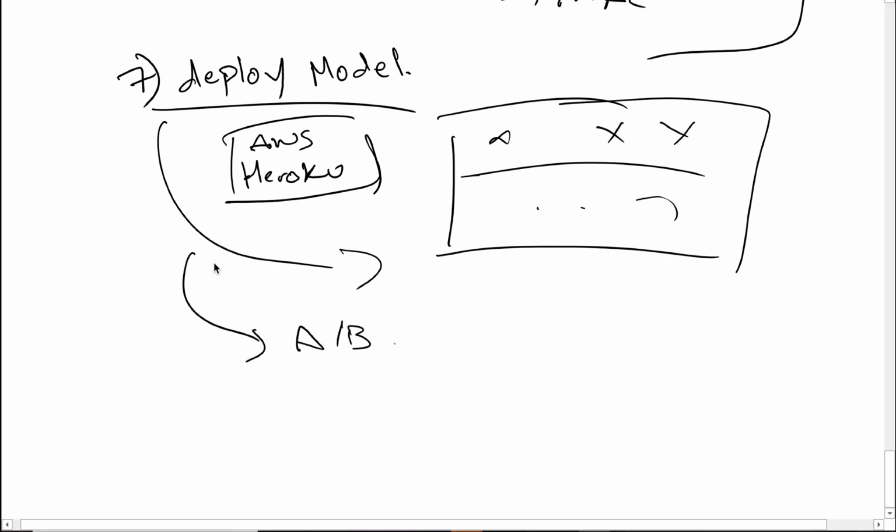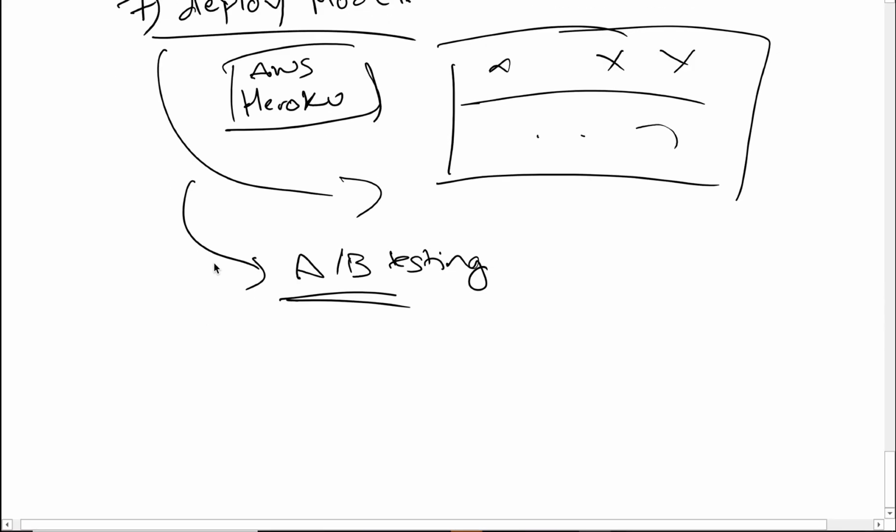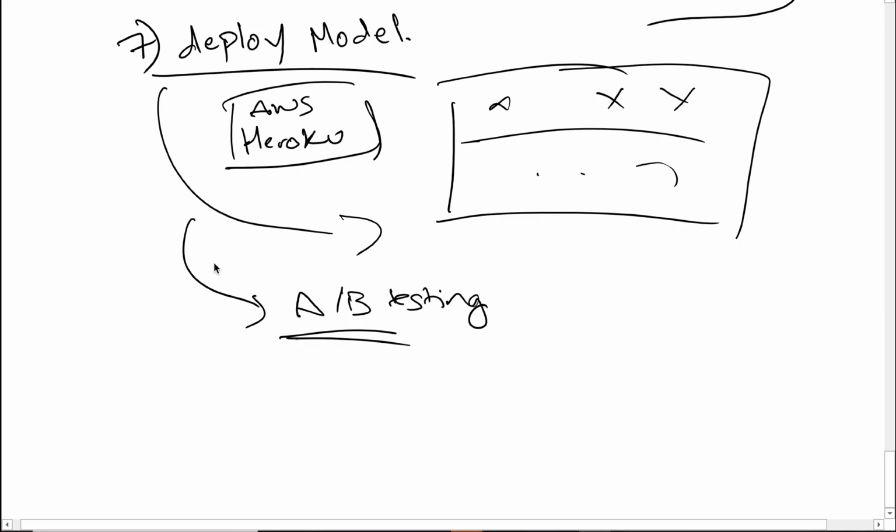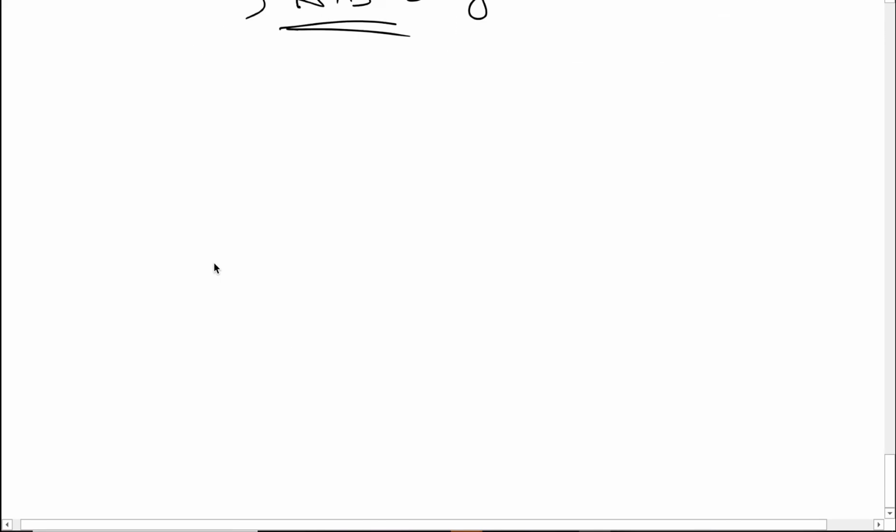So it's very important that you deploy the model, and after you've deployed the model, we can perform A/B testing, or various sorts of analysis which would create a shield on the model, and show us how it performs in different sandbox environments. So that's to do with model deployment, and this is the final step of the KDD process. So what I'll do now is just do a summary,